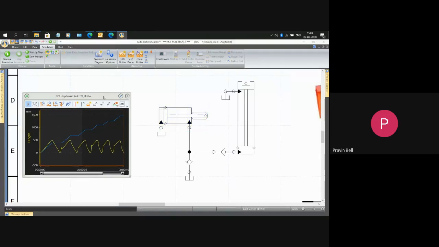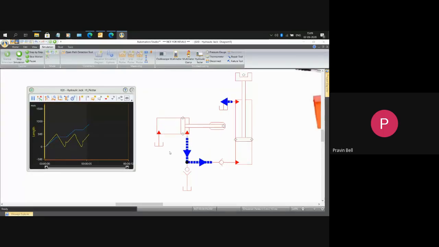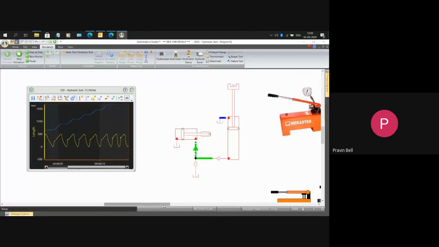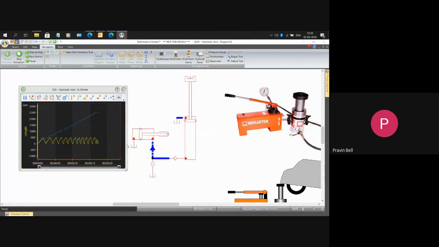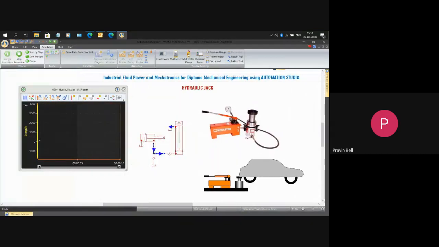So when I operate the circuit, this piston on the left will automatically start moving. That means you're applying a manual force. So this is pulling out liquid from the reservoir, and the piston on the right hand side is slowly elevating and lifting my car. Okay, I'll simulate this again. This is a hydraulic jack, and this is how it will behave.